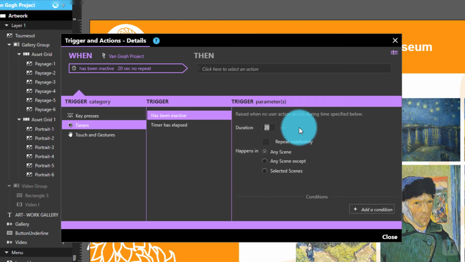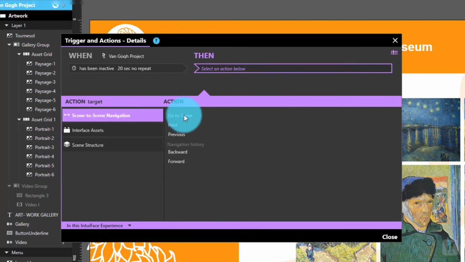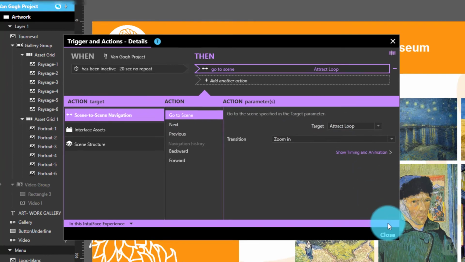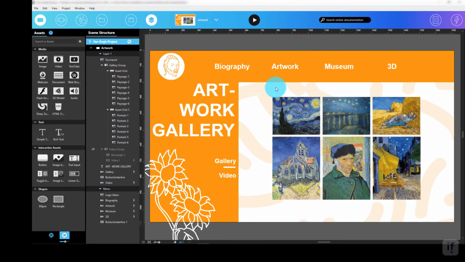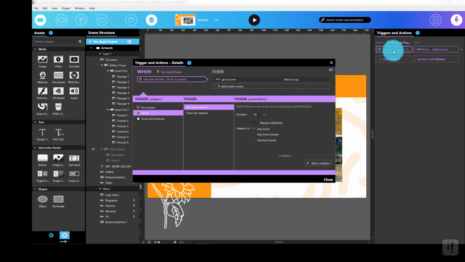We want to navigate to our attract loop scene, so in the Actions panel, we'll select Scene-to-Scene Navigation, then the Go to Scene action, and specify the attract loop scene. There you go. You have now a trigger and action that will navigate from any scene back to the attract loop scene after 20 seconds of inactivity. Guess what? That's programming, but it's programming anyone can do,